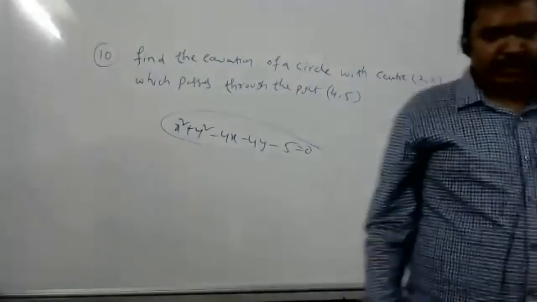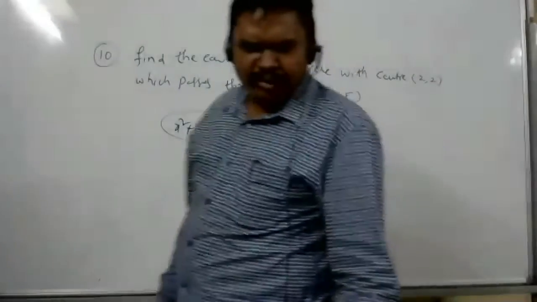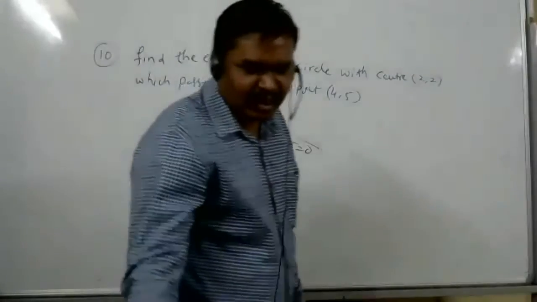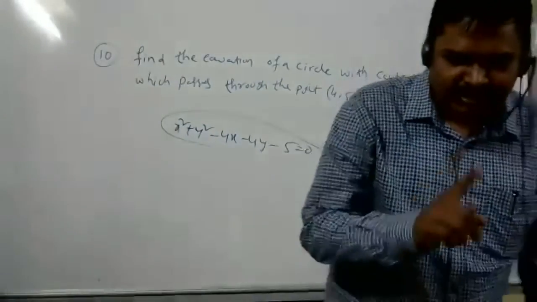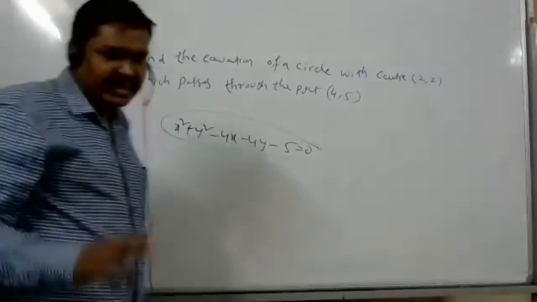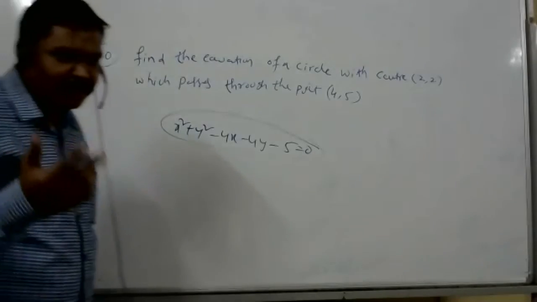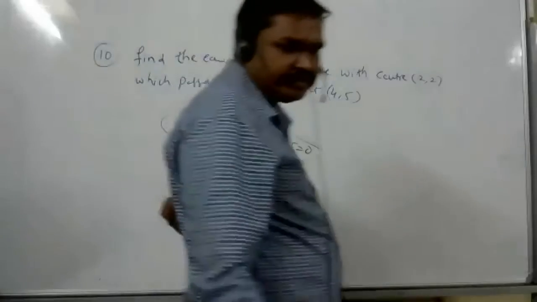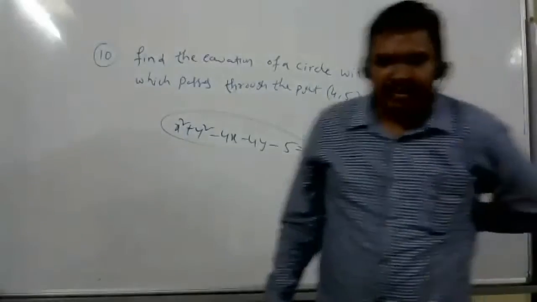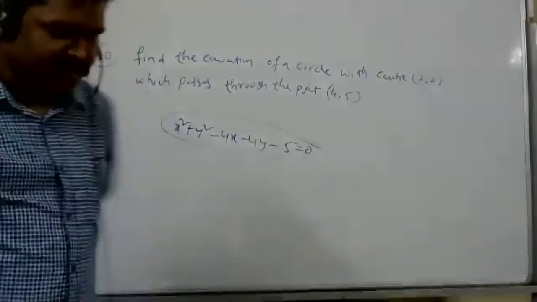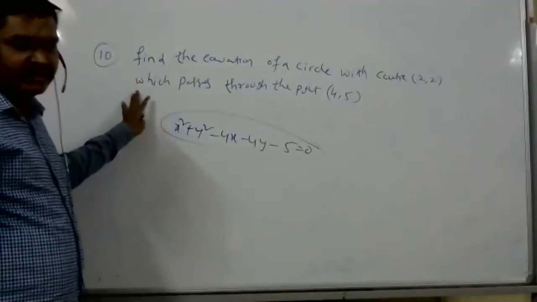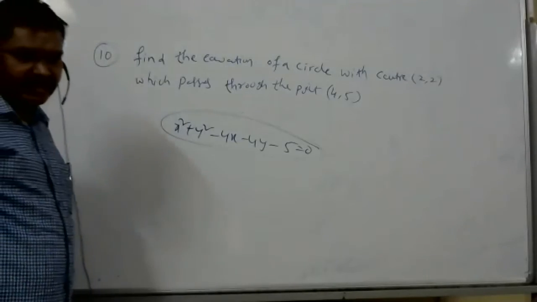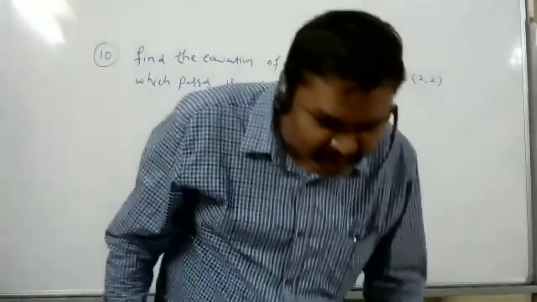So for board level, the chapter is over. Board level? No, not complete. Today, first chapter is conic sections. First chapter is started, no? Circles. Second chapter is parabola. Third chapter is ellipse. Fourth chapter is hyperbola. So they are a part of the boards, right? The boards portions, yes. Board questions only. Done, sir. Done? Okay. Time is over, no?